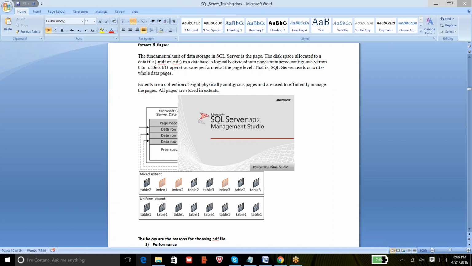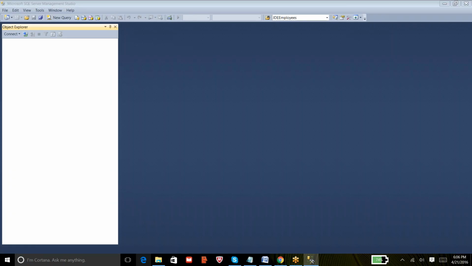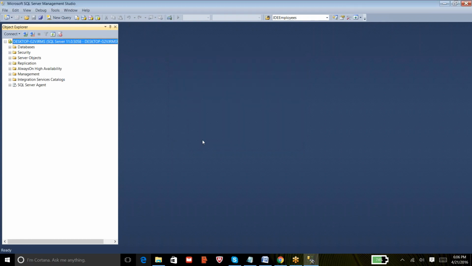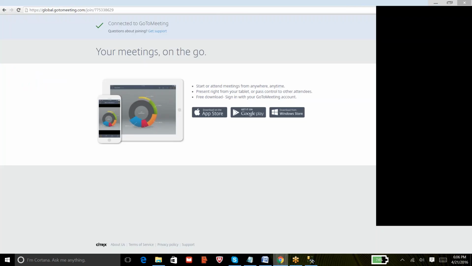And now you can notice the difference in the version number. Earlier it was 11.0.2660 somewhere, and now after applying the service pack you can see the number has changed. So in order to check the number,